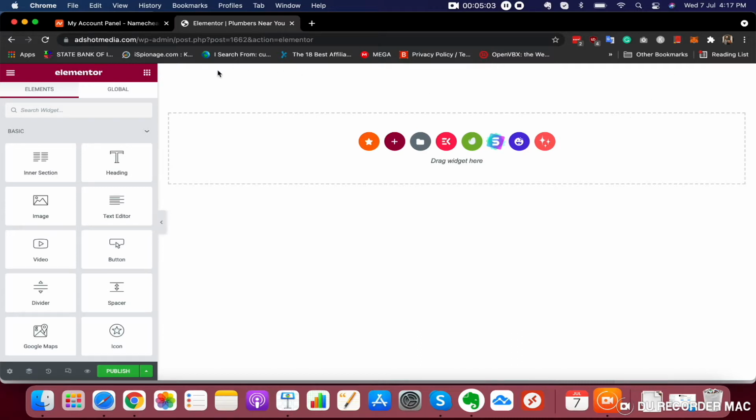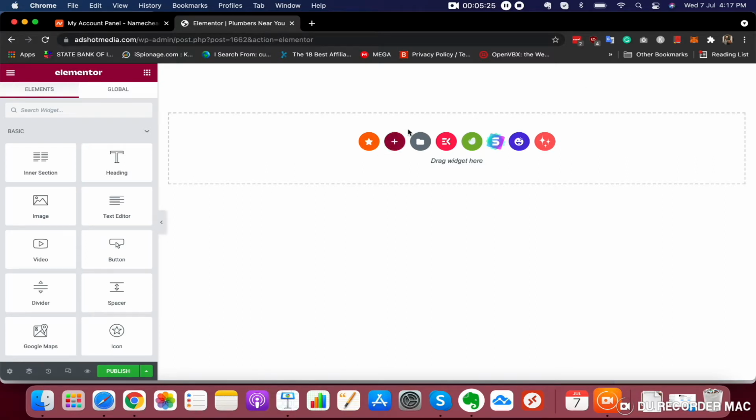So okay, first what we want is to create this heading section. Here we will be having our website title, which is website name, domain name, whatever you have. Your company name will be here, and then here we will put a button for calling. All right, whenever the user clicks this button, it will be prompted for a call.